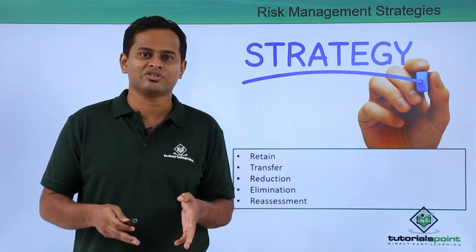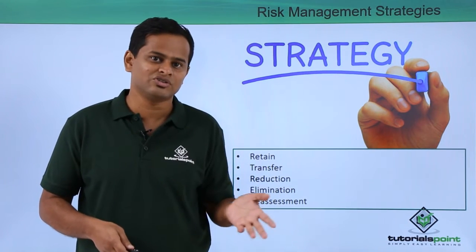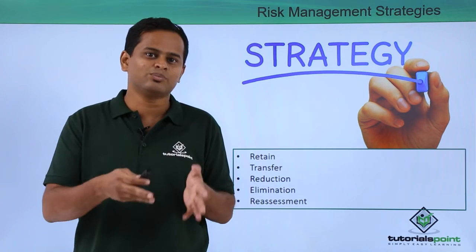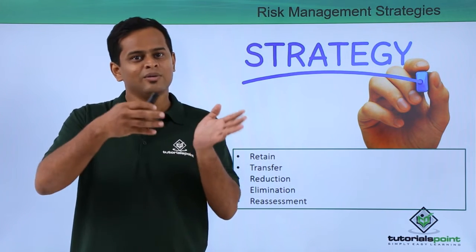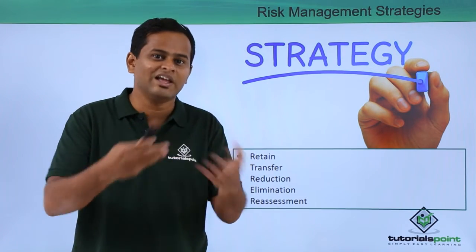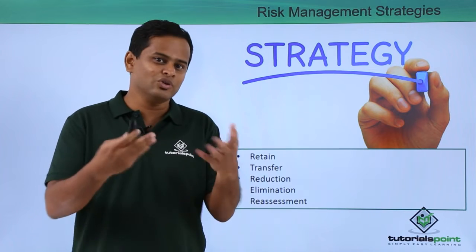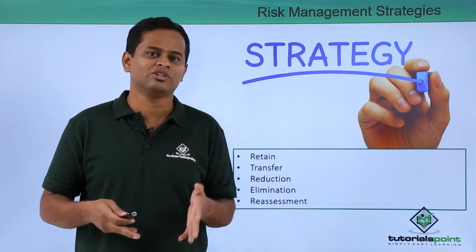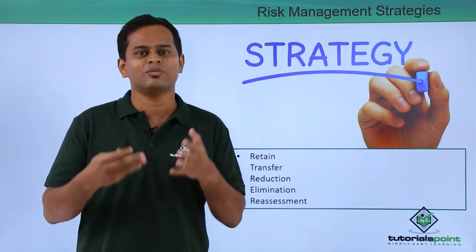Elimination of this particular risk. Like you can have some kind of insurance or some kind of other provisions where if there is some problem, the insurance company takes care of that. So you're completely eliminating that particular risk. Or even you can do some kind of error proofings also. There are various error proofing that we can do in our systems and processes.